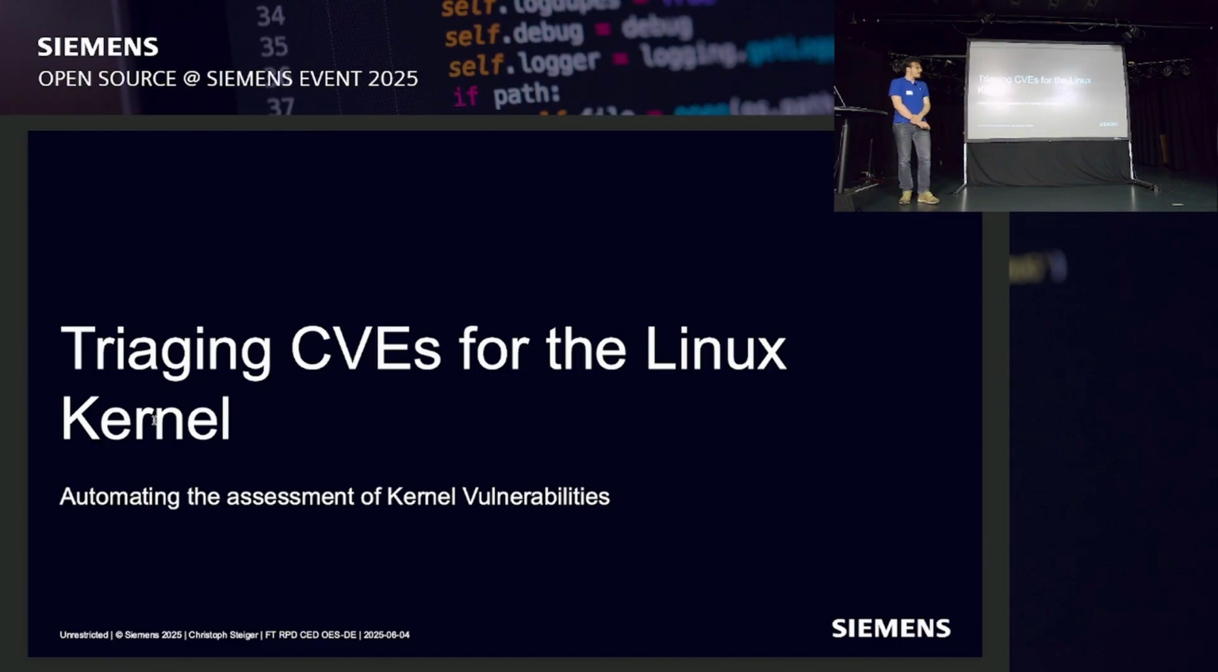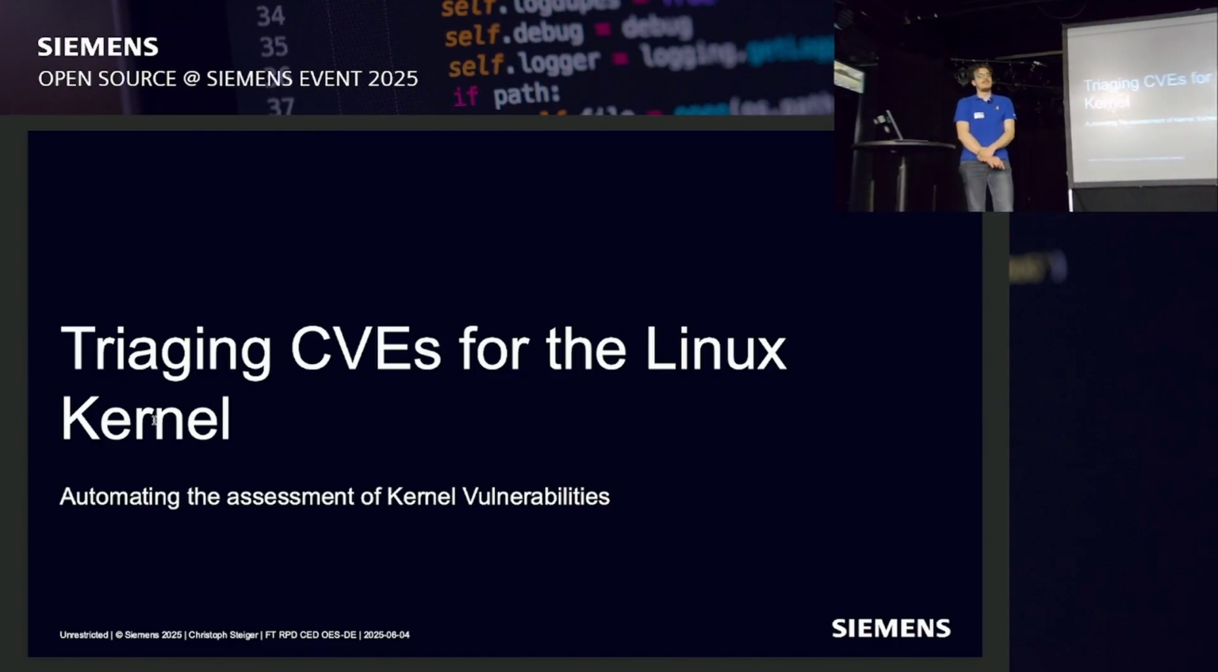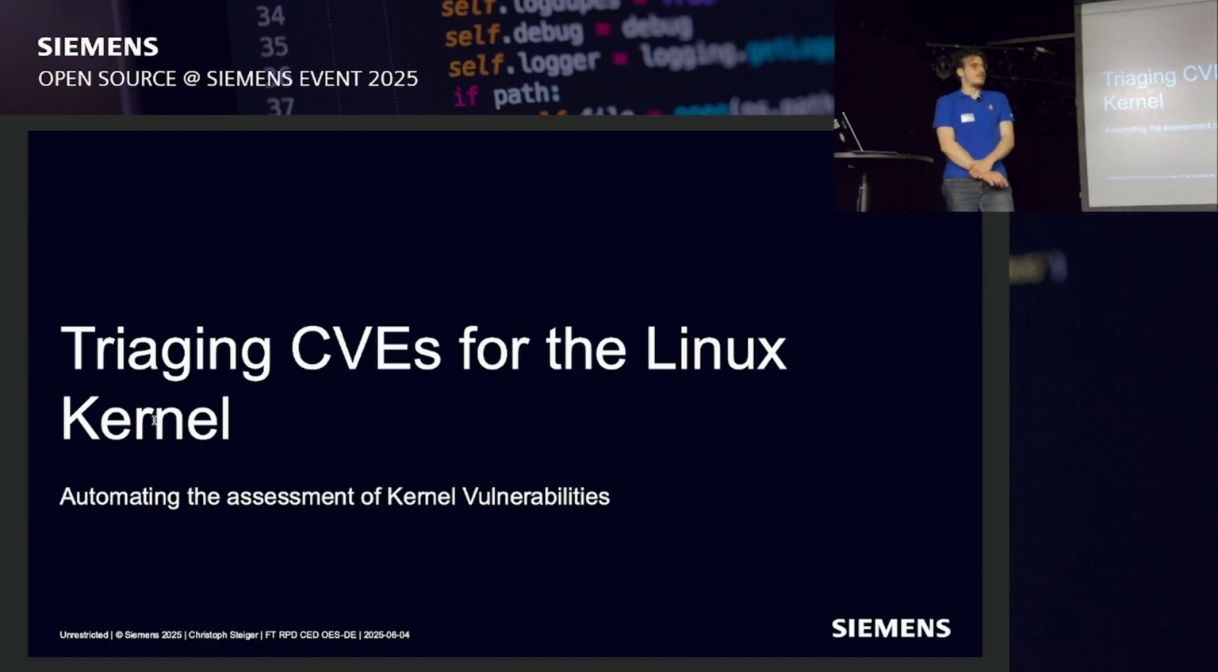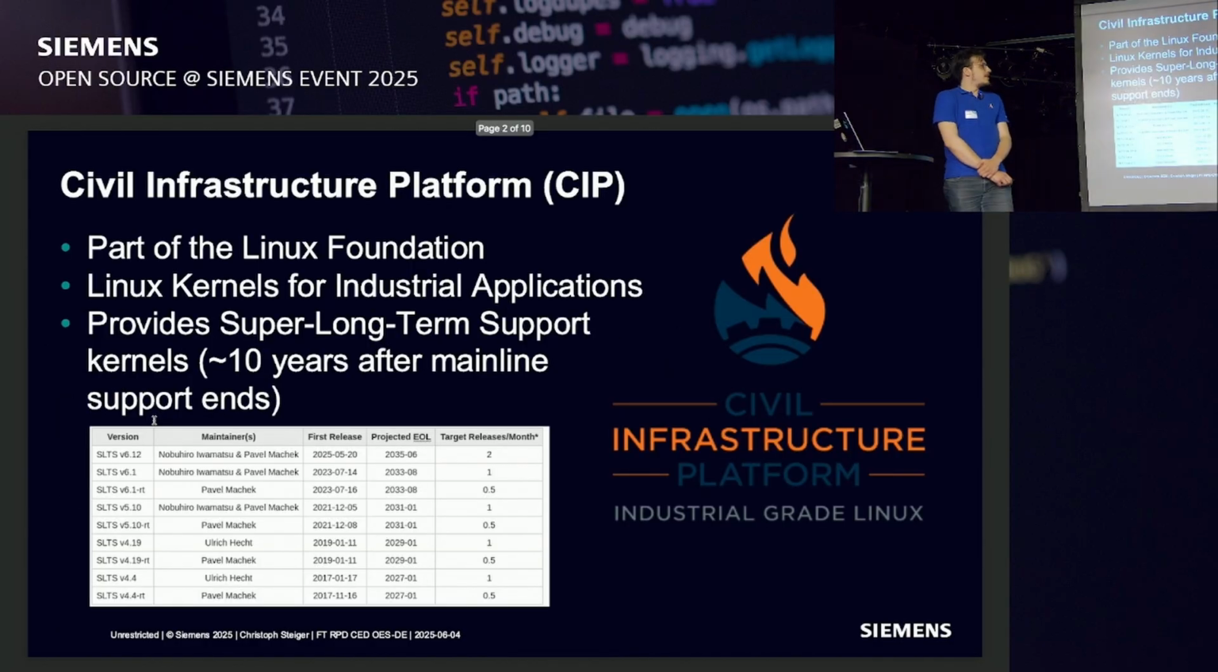I'm going to focus today on explaining what the problem with CVEs in the Linux kernel is, and why, if you have a product based on Linux, you need a solution, and we built something that might be useful for you. I said we, so we is in this case not only Siemens but also the Civil Infrastructure Platform, CIP,